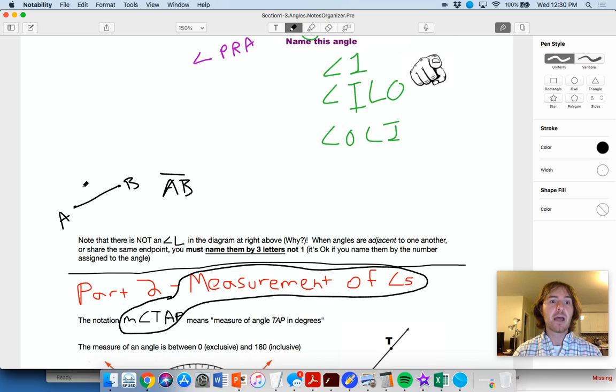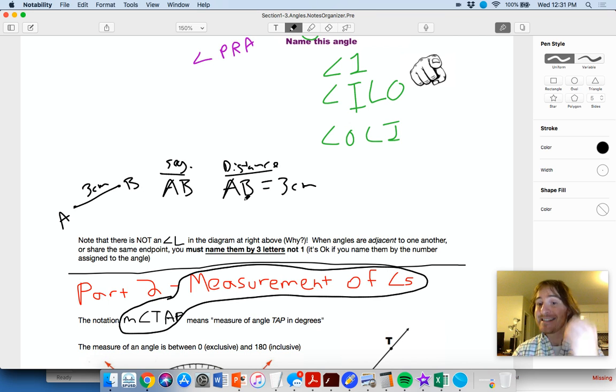What if we knew that this were 3 centimeters, for instance? Are we going to say that segment AB is 3 centimeters? No, we would say that distance AB equals 3 centimeters. Sorry, that was a big mistake right there. I'm going to get rid of that. So remember that a segment means distance, or length. Segments get measured by distance,